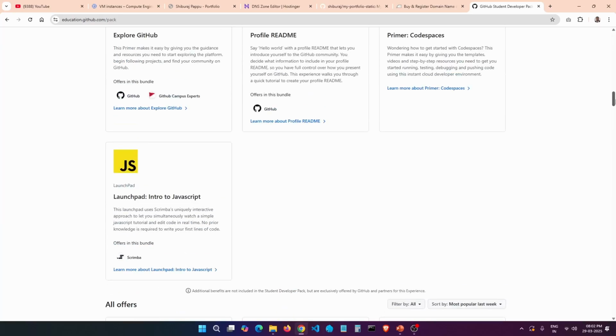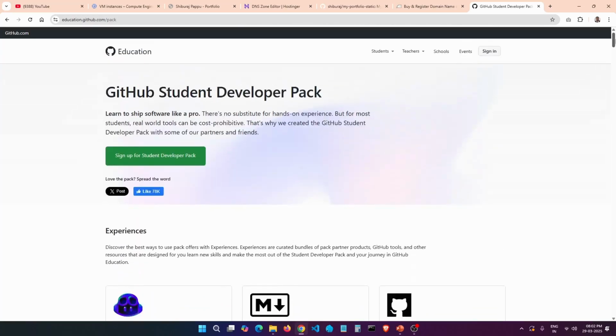Now there is one question that arises, which is how to activate this student developer pack. The only thing you need to do is click on sign up, and under sign up you will have to register using an email ID which is provided by your college. So it will not be Gmail or MSN or anything like that. It will be from your college domain,